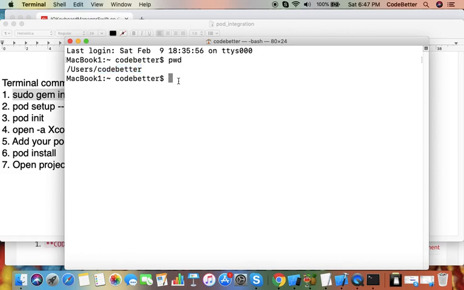Here I type the command sudo gem install cocoapods. I have to type the username and password of this machine. As I type sudo gem install cocoapods, CocoaPod is being installed on the machine. It may take some time.